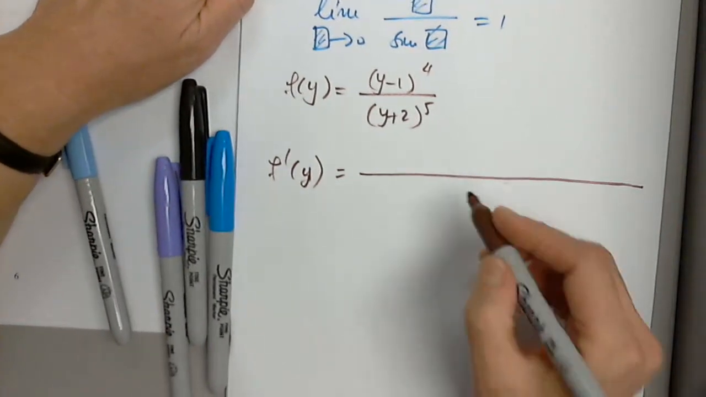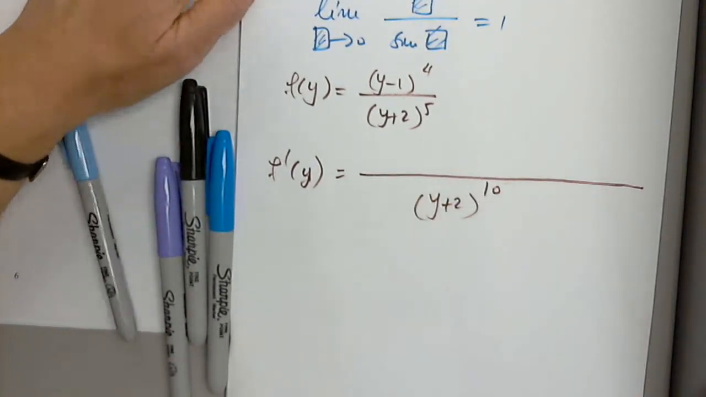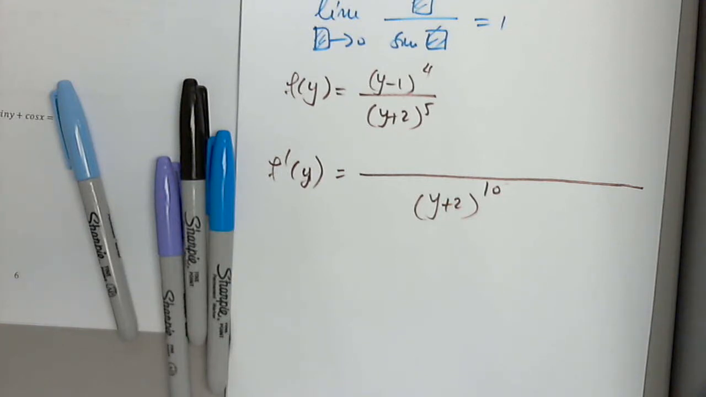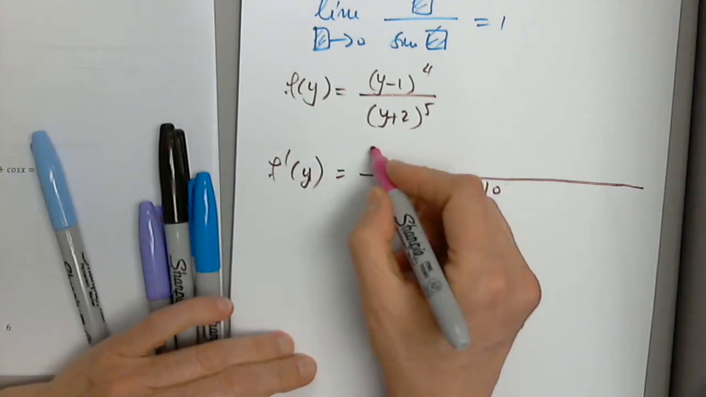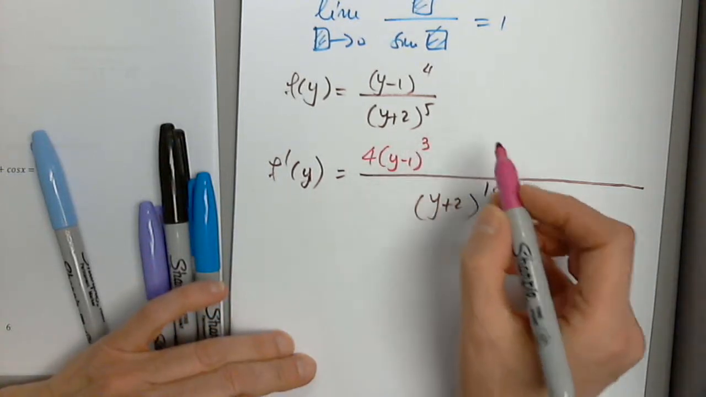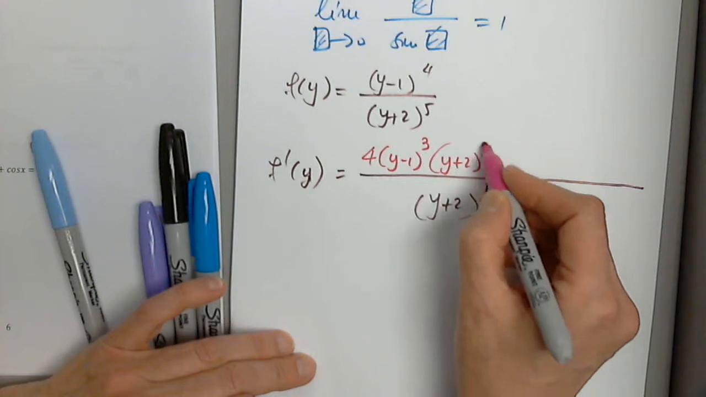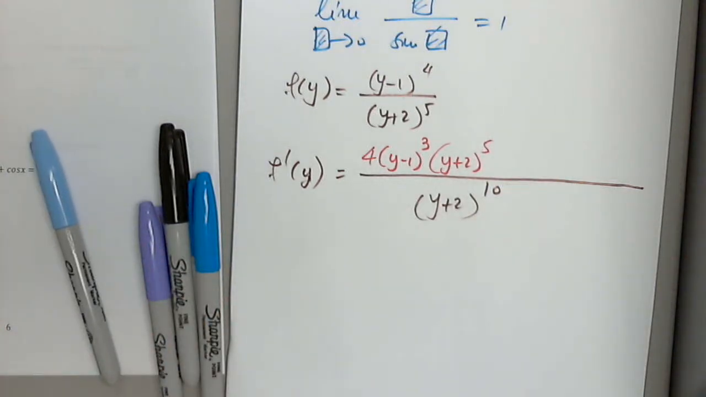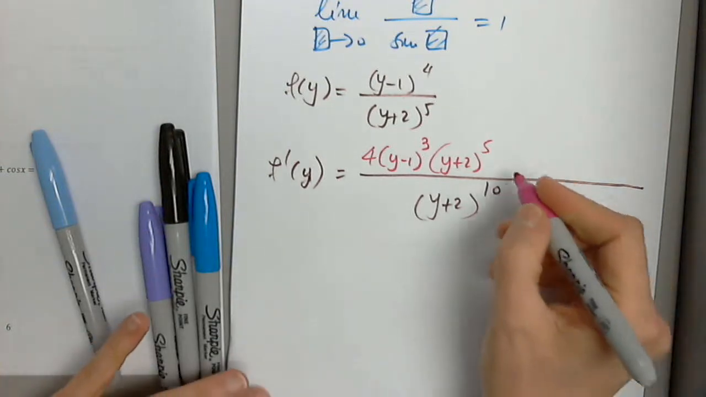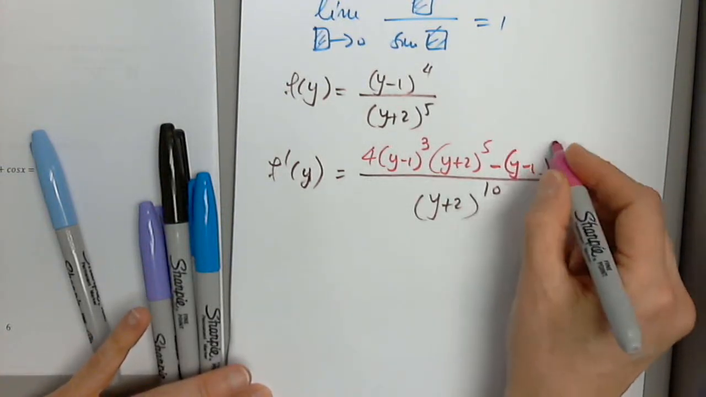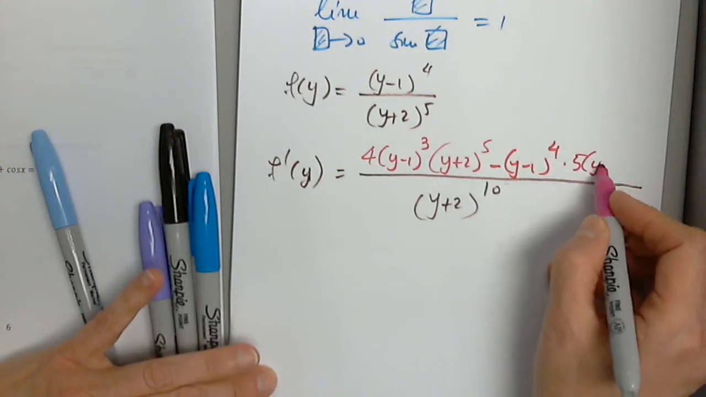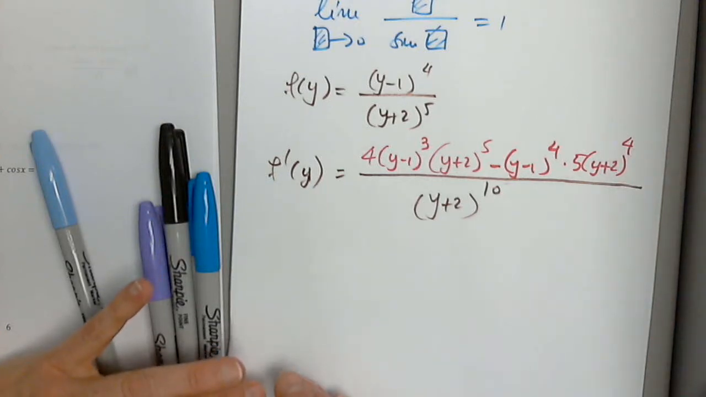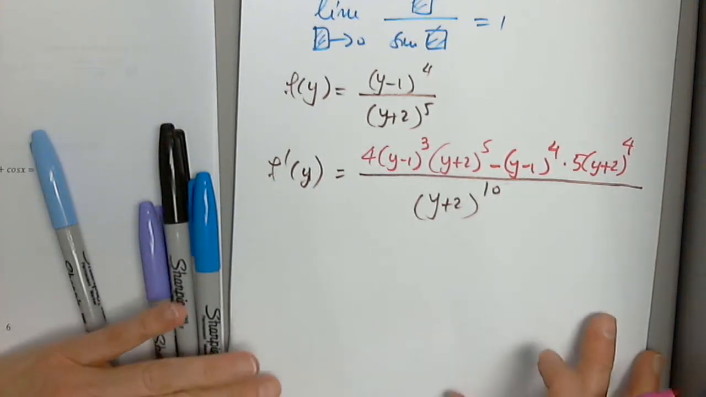I can already write (y plus 2) to the 10th power in the denominator. And now let's see what we have in the numerator. The top function prime will be 4(y minus 1) to the 3rd, times the denominator, because it happens that (y minus 1) prime is 1. Excellent. Then minus. I copy the first function, and now I differentiate the denominator, which will give us 5(y plus 2) to the 4th, lucky me, times the inner function prime, which is